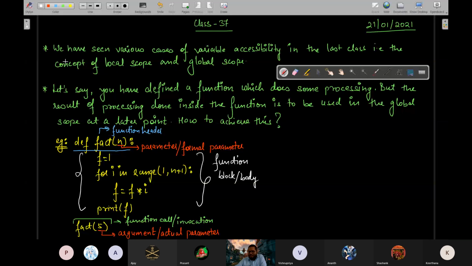Now my question is, yes, so what do you think is the limitation of this function? What do you think?